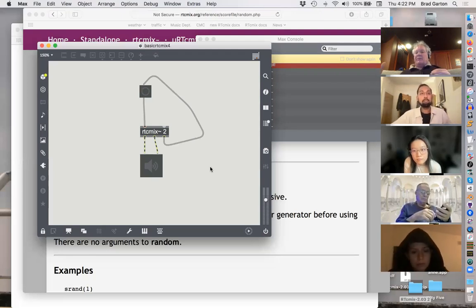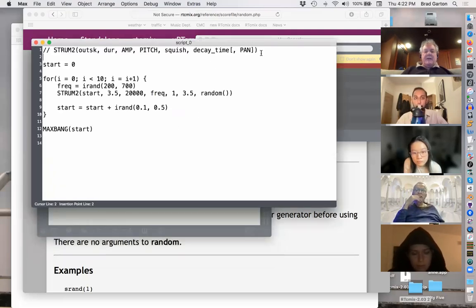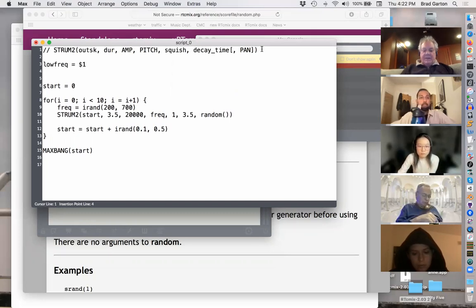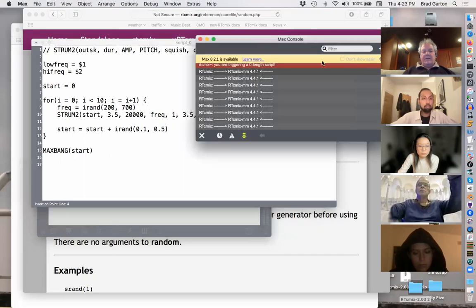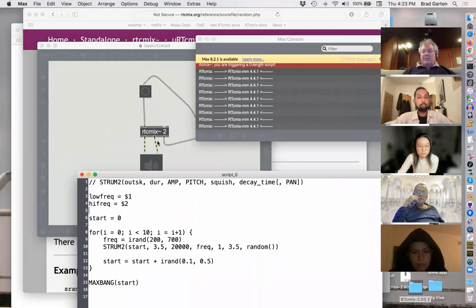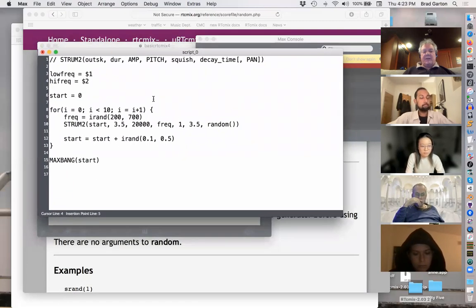Well, there are several mechanisms for getting data into and executing RTcmix script. And I'm going to do one thing here. I'm going to declare two variables up here. One is going to be the low frequency. I'm going to call that $1. Then I'm going to have a high frequency. I'm going to call that $2. These variables, these dollar variables, are special. That means that they're going to get their values as they're being set somewhere outside the RTcmix object. What I'm going to do is modify this irand so that it's going to have a low frequency there,